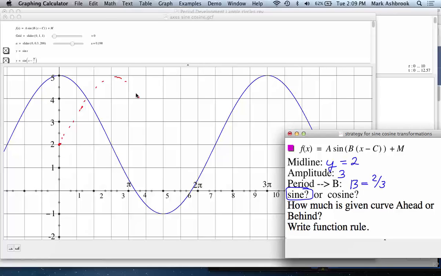Okay, so just imagine a cycle of sine. Now our curve, the blue one: how much is it ahead or behind of this traditional or standard sine? That's going to determine how you're going to create the argument angle, right? So how much is it ahead or behind? So maybe I need to